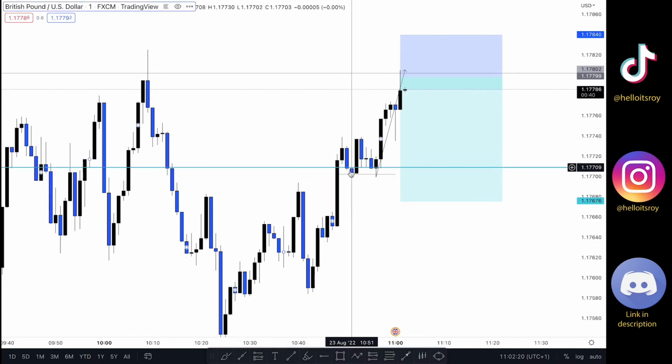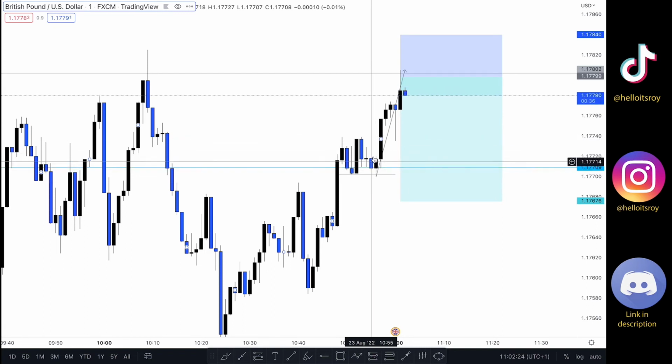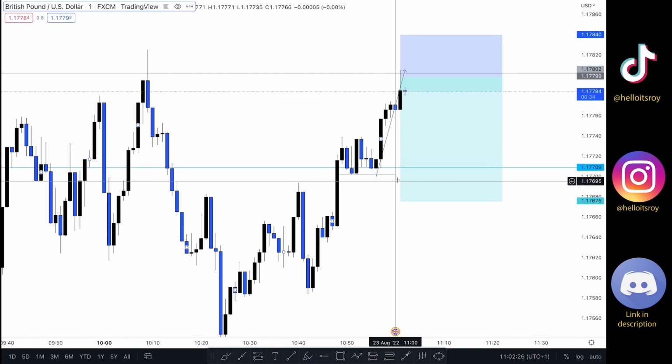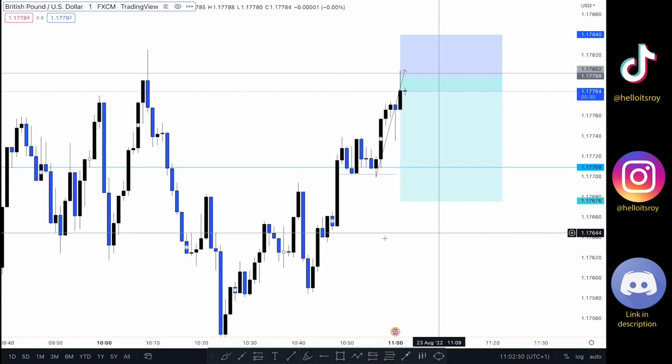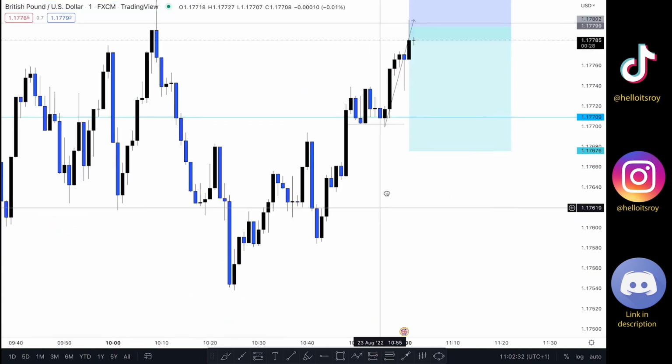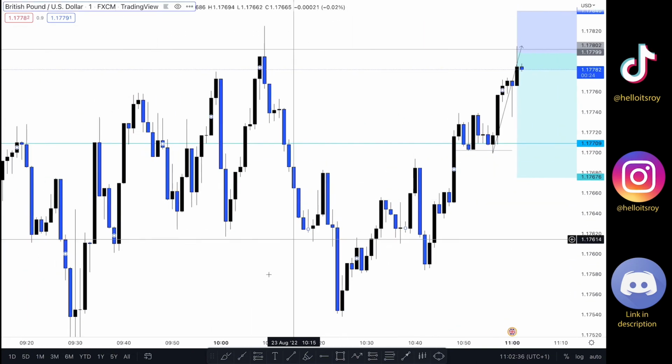See the liquidity right here through to the downside as I enter, because I didn't explain this trade. We can see the liquidity right here through to the downside. We have a double bottom here. The market pushed through to the upside impulsively, left this order block right here. So there are huge stop losses below here. We have these imbalances, also this order block right here that people are going to buy, placing their stop losses below here. And so we have a huge liquidity through to the downside.